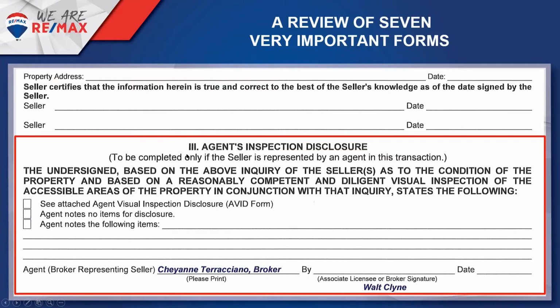All right, section 3. Remember, the first 3 sections must be complete if the TDS is to be delivered. Section 3 is for the listing agent, the agent who represents the seller. If there is no listing agent, then section 3 does not have to be completed. But if there is a listing agent, then the listing agent should attach an AVID. That's what we require at both RE/MAX United and All Pro. Some agents don't. But if they don't attach an AVID, then they should be making notes on this form. By the way, we don't allow that because there's not enough room to do a good job with your visual inspection. Hopefully nobody checks no items for disclosure. That would be